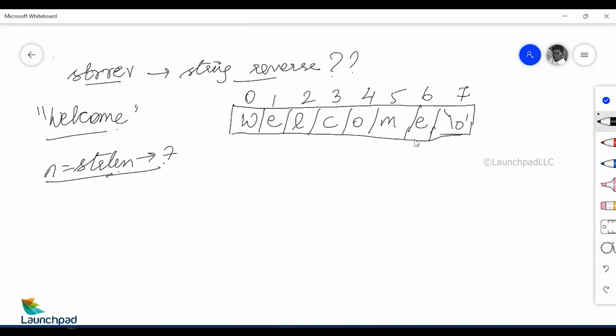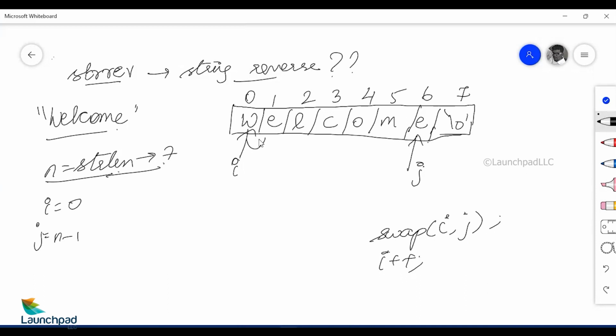Now, if I want to point to the last character of the word, I can call j as n minus 1 and i as 0. What I would do here is swap the values pointed to by the i index and the j index. I'll swap the values, then increment the i value so it points to the very next element, and decrement the j value so j points to the previous element.